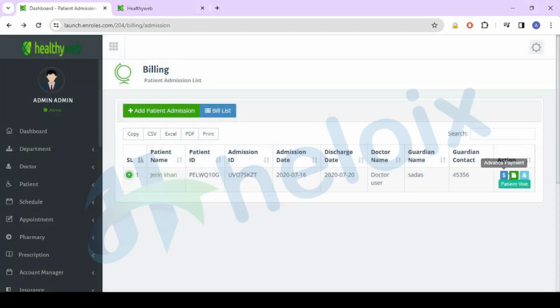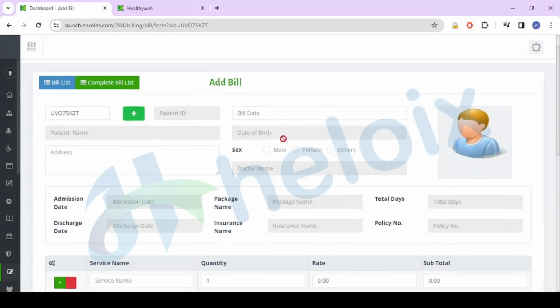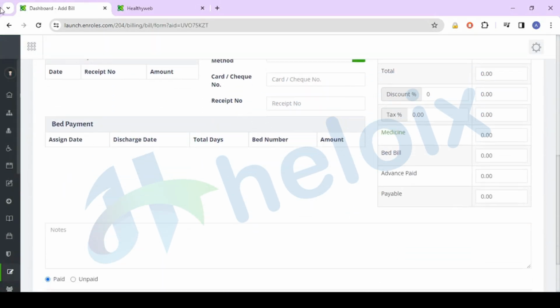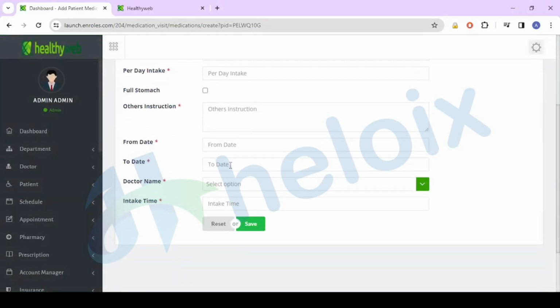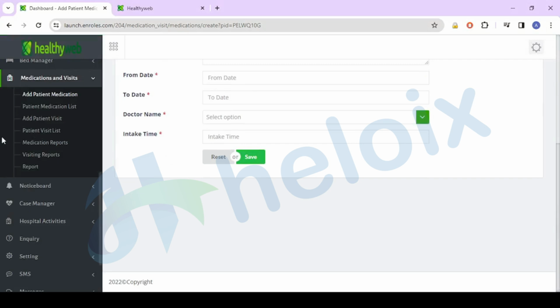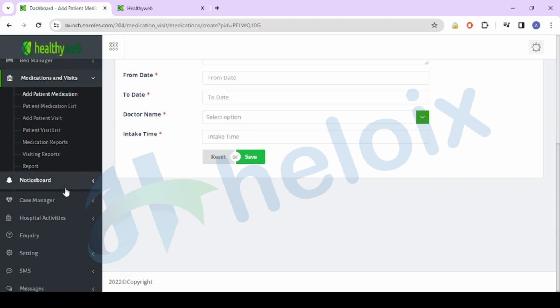Okay, if you need to add any bill, then you can add a bill as well. Third is patient medication. Here you can add. After that we have other options as well. Let me show you. That option is your patient's visits, which you can manage here.